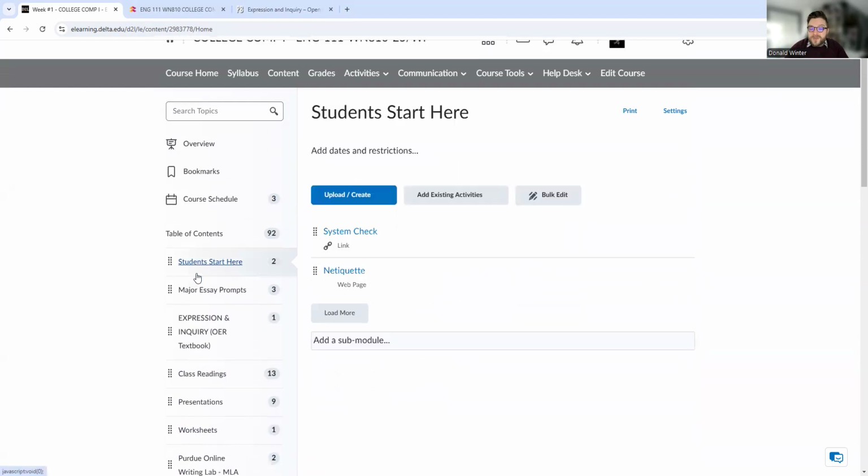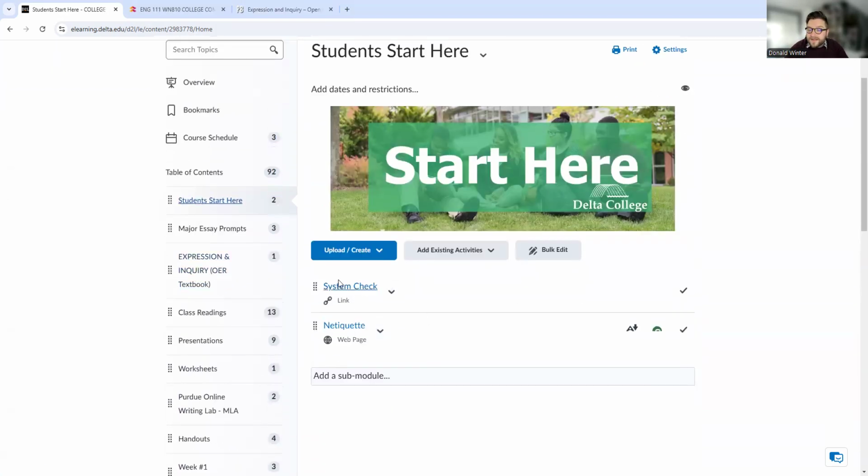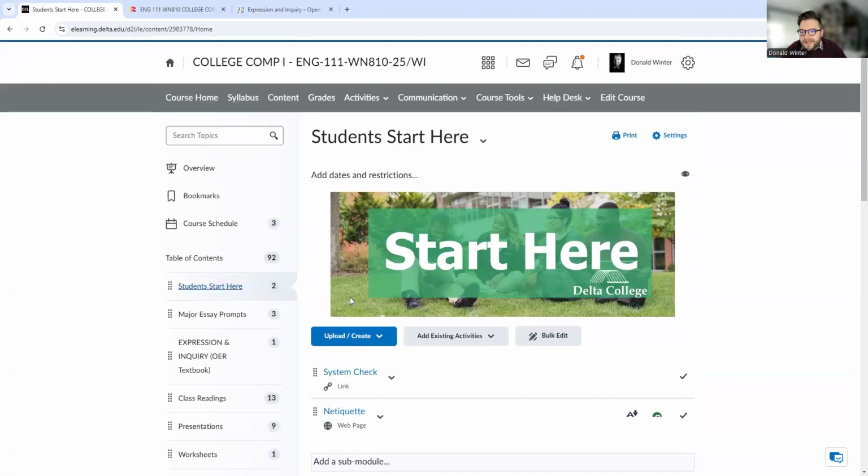Now I do have a module that says students start here. This is just some details on whether your system works with e-learning, netiquette, like best practices for internet usage. My biggest piece of advice for using e-learning or any Delta system is when you are accessing it, make sure that you are using Google Chrome or Firefox as a browser.